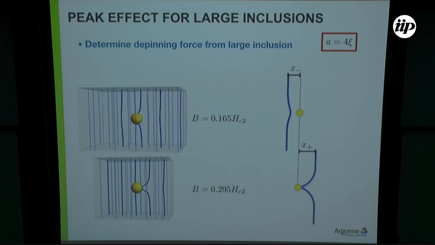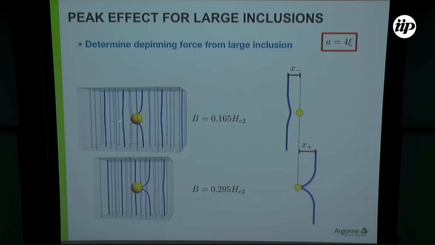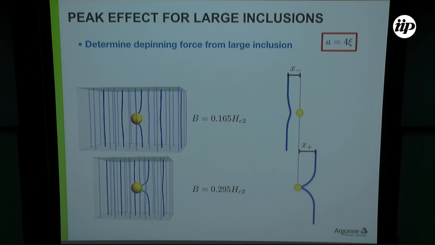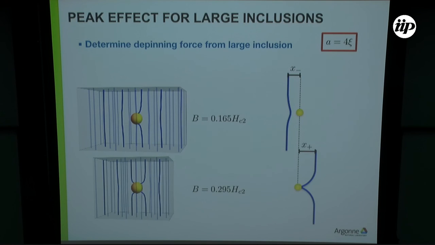And we can also look at the movies. We see that the vortex in the back becomes unstable, stays for a while with the first defect, and then the first defect leaves. Whereas in this case, we just have two vortices sitting, and then one decides to leave, and then a third one can enter. Here again, we can quantify this phenomenon by evaluating x plus and x minus, and now we